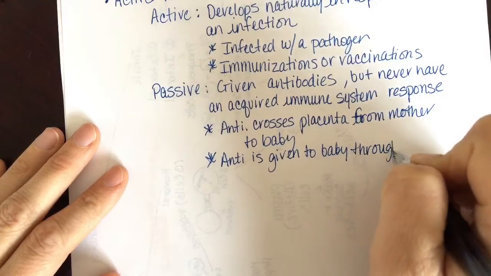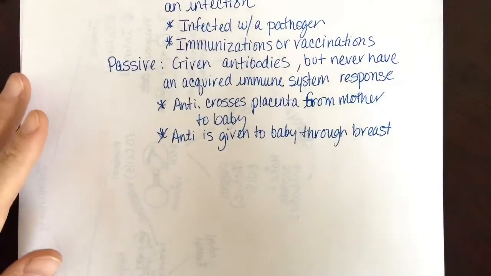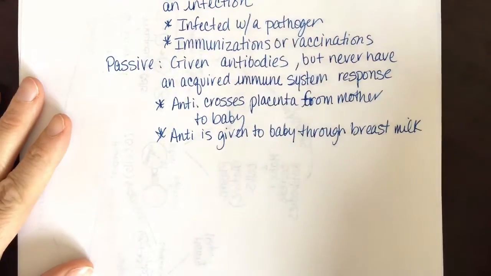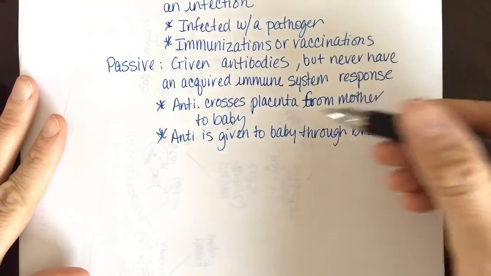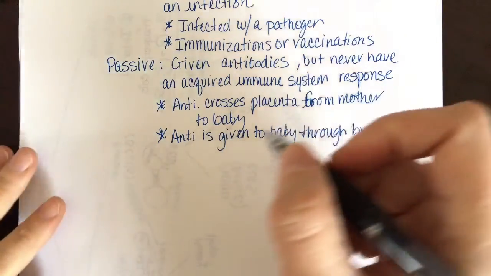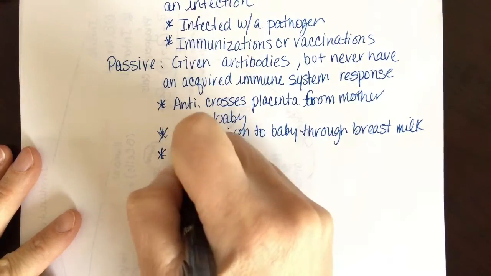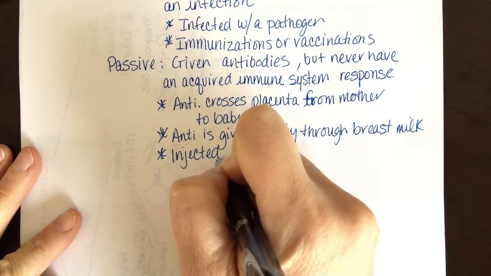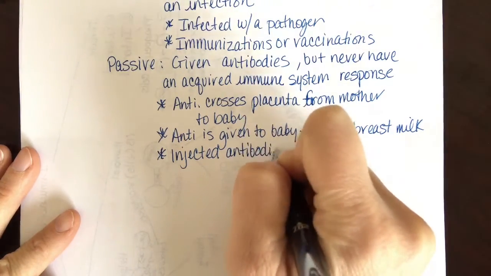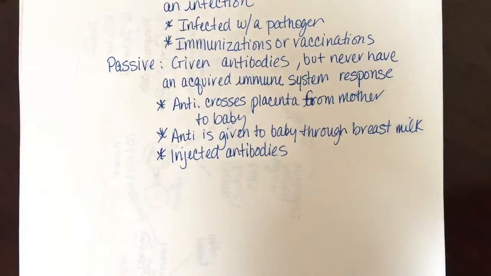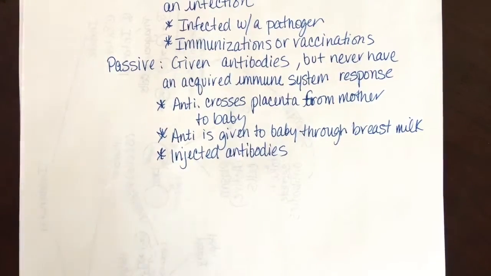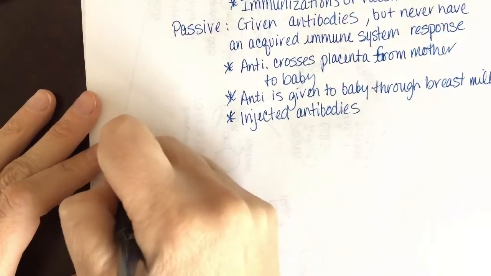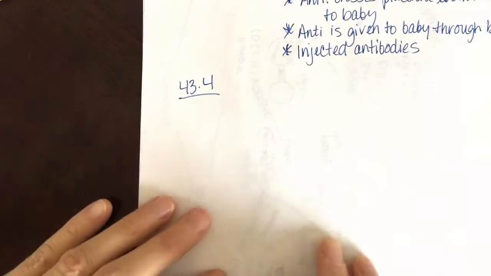So babies have an incomplete, very young, not very good immune system, and so mothers can give their actual antibodies from pathogens that they have come across, which can be transferred to their baby through the placenta if they're still in the womb, or through breast milk. We can also do injections where people going into foreign countries can have antibodies injected into them, and so they have temporary immunity because those antibodies will stay in their body for a while, and they can fight off a pathogen for a short period of time. So they never have an acquired immune system response, but they have some short-term protection because they're just given the antibodies. And the last thing for the last section is that I would like you to review